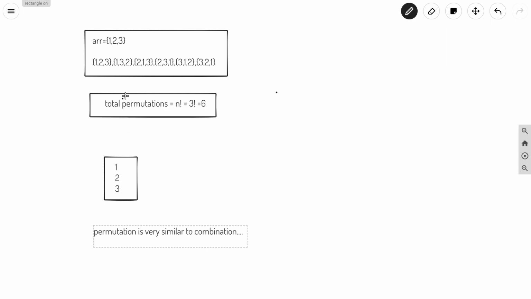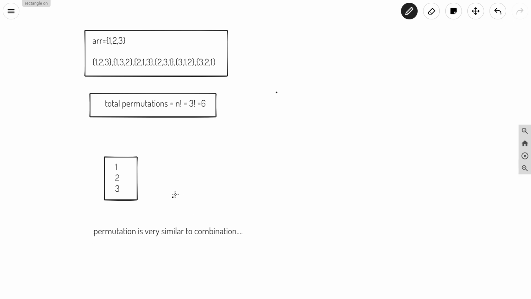In permutation, we have to return all the permutations, while in combination we have to choose some numbers or all numbers from the array. So it is very similar to the combination question we did in the previous LeetCode daily challenge.